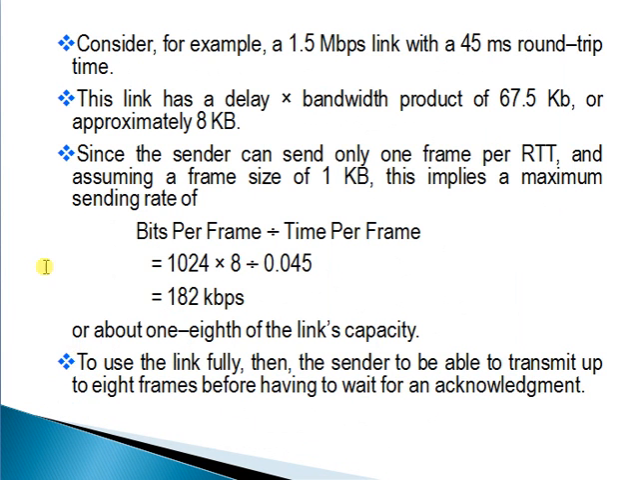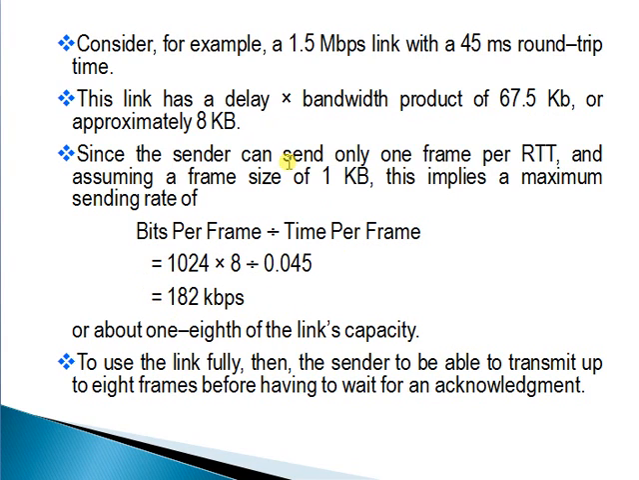I just said that it has a disadvantage for smaller frames. That's what is described here. Consider, for example, a 1.5 megabits per second link with a 45 millisecond round trip time. This link has a delay times bandwidth product, which gives the amount of bits that can be transmitted at a time in a link. This product is 65 kilobit or 8 kilobyte,